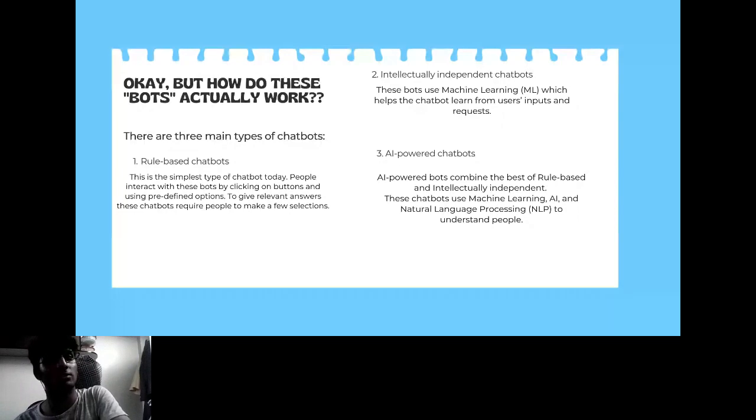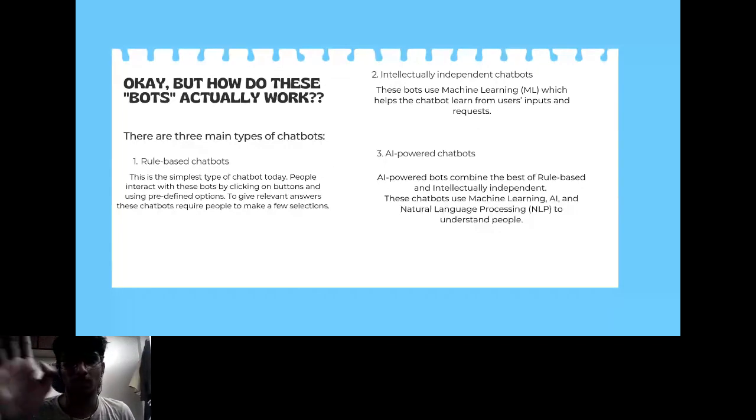So जहाँ पे rule based we will still have some conditions like let's say I want the bot to do something. So let's say a user will say something, so the bot will do something else, but on the basis of what we have derived from the model or working independently. Now this type of bot will use everything, considered to be using machine learning, AI, and also natural language processing, जिसके बारे में we will go to in a bit.